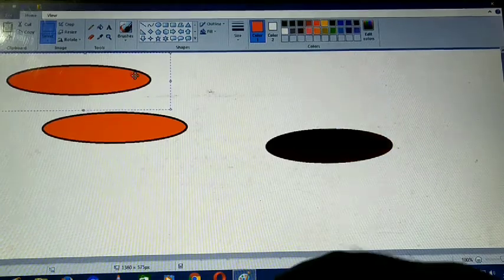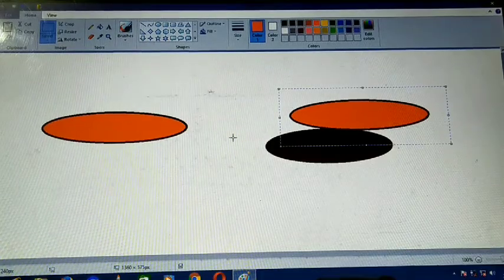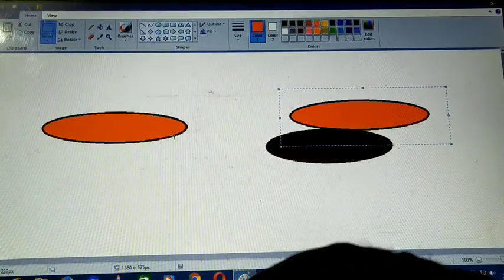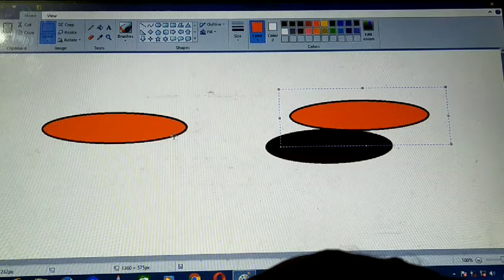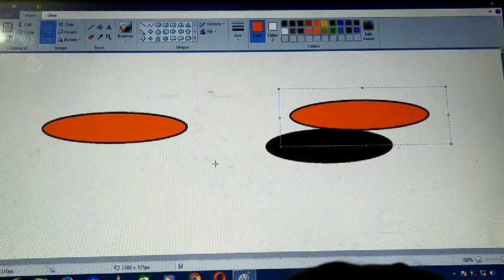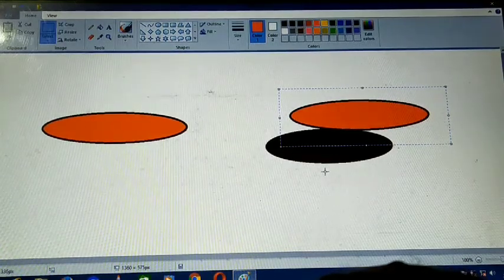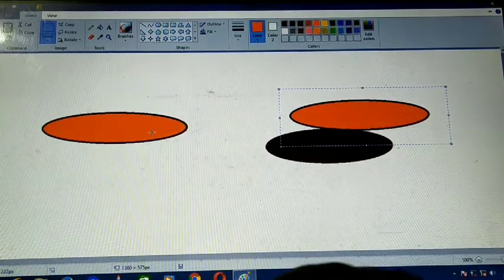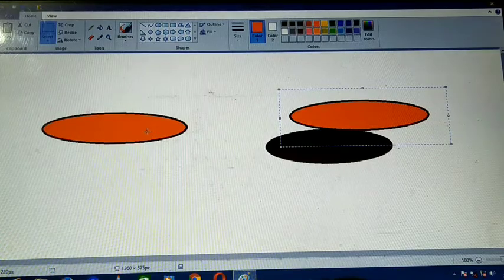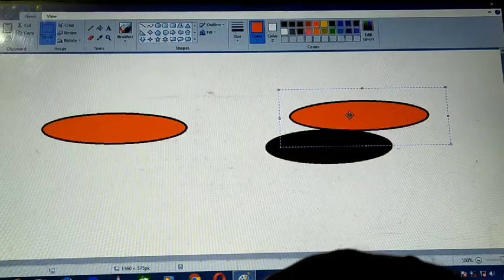So you'll see that two objects of orange color are now there. This is the copy and paste method, or we can use cut plus paste. Cut means it will be removed from one part and displayed in the other part. Copying means duplication. One part is there, and the other part is also there. That is known as duplication.